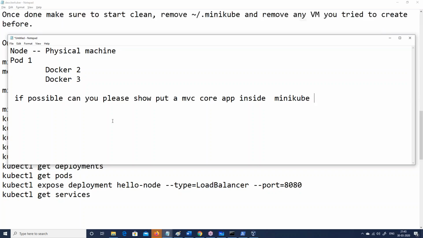Is it possible to show an MVC Core application in Minikube? No, not inside Minikube. No, we don't do that. I've done it. It's of no use. It is like asking, can we install a personal web server on production? You can. If you remember, we had the localhost server which runs inside Visual Studio. Can you do that? Yes, you can, but that is only for testing purposes. Even if you do it, it has nothing to achieve, right? So tomorrow when we do UX, we will do this. We'll not do it now.